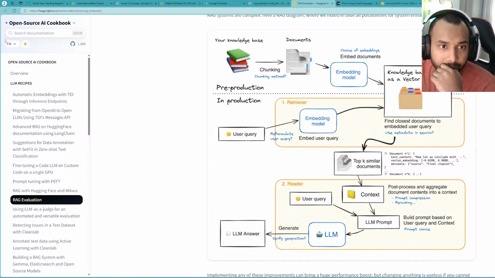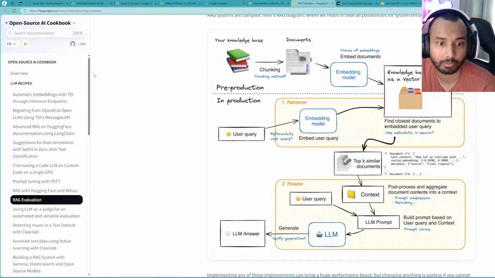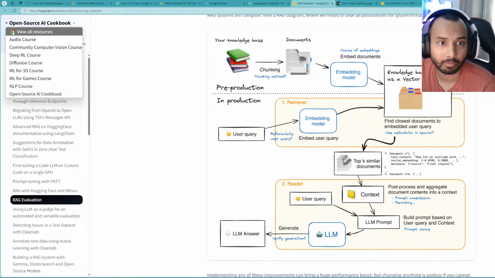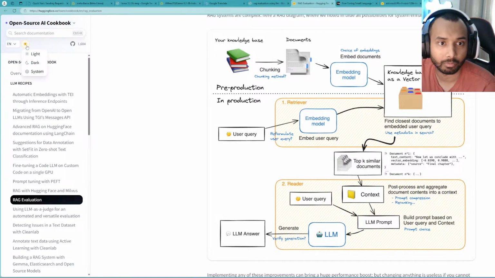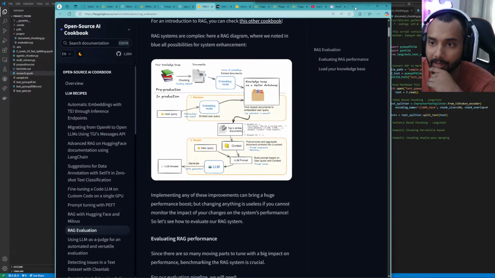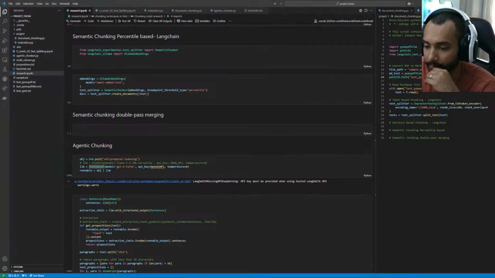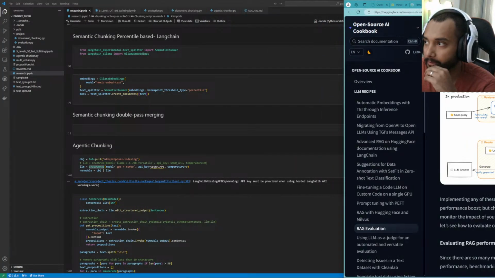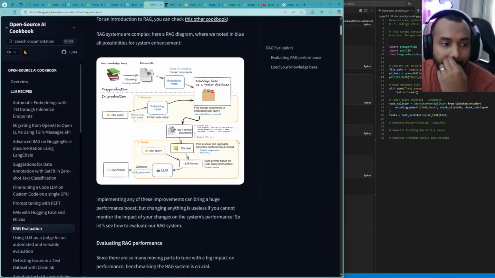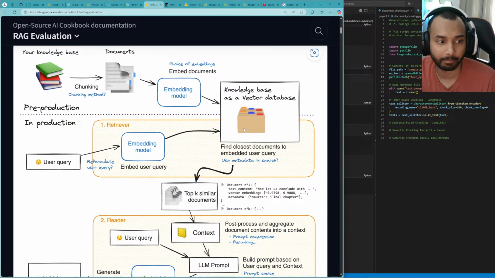Can I close it? No. Okay. Yeah, I think you can see it, but I will... Oh, sorry. Okay. I think you can see it, but I will zoom it a bit more